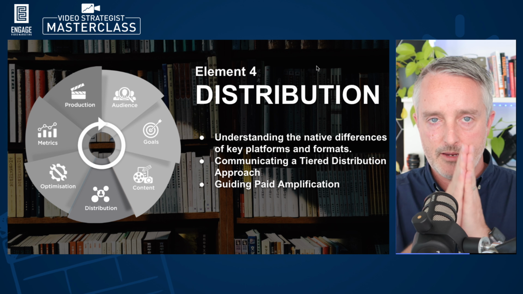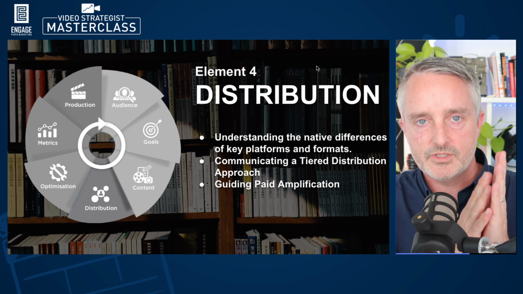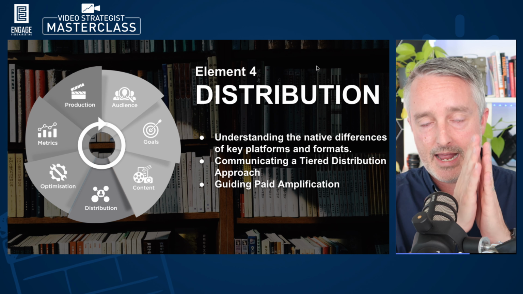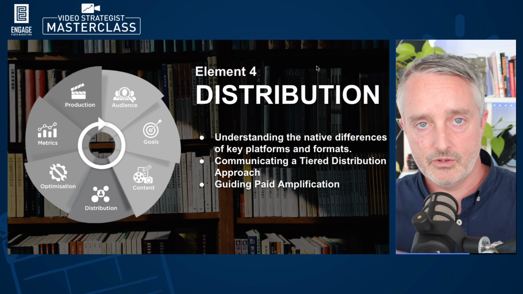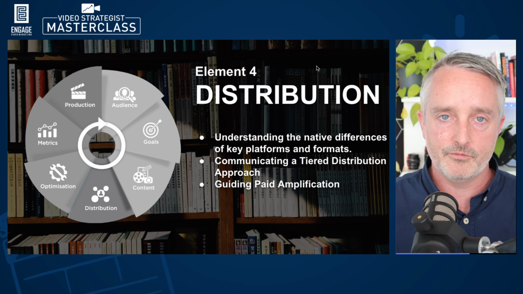And there's usually an interplay between those two, because sometimes the value can come from boosting or amplifying successful organic content as paid content.